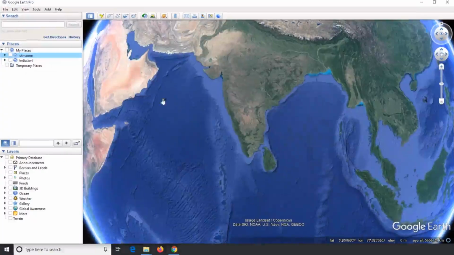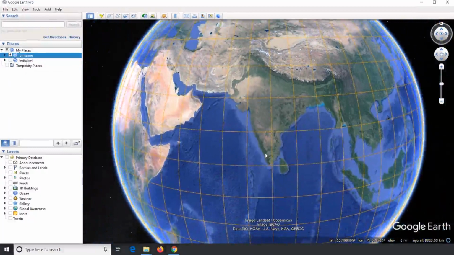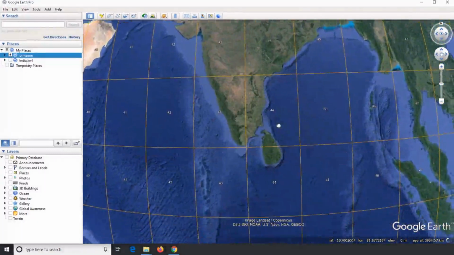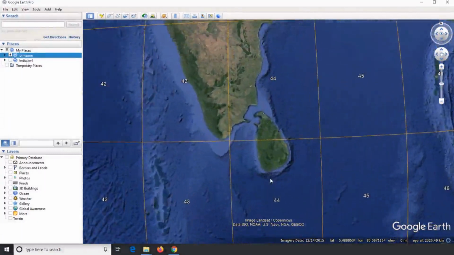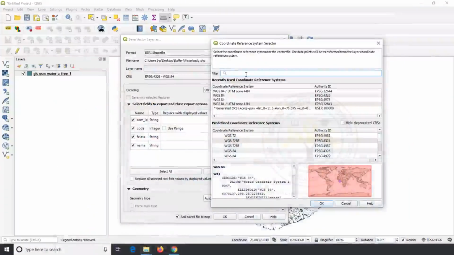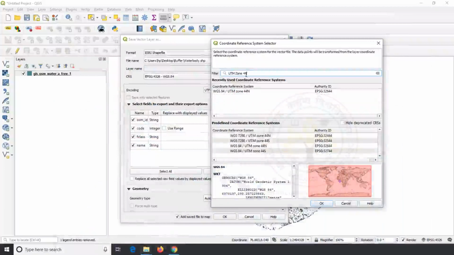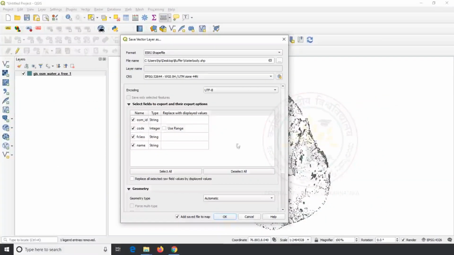To know under which UTM zone Sri Lanka falls, I open Google Earth and confirm. The entire country falls in zone number 44 north. So I select UTM zone 44 north in the projected coordinate system. Then click on OK.